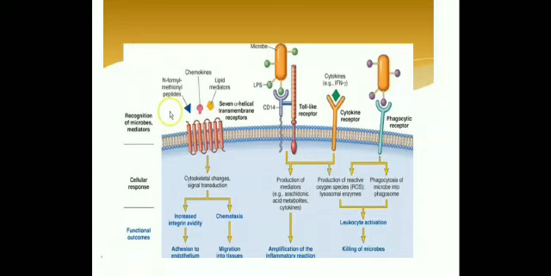So this is a diagram that shows you the recognition of microbes and mediators. As you can see, the bacterial product N-formyl methionine peptide is there. Chemokines and lipid mediators are there, recognized by seven-alpha helical transmembrane proteins, leading to the cellular response that will lead to the functional outcome, increased integrin avidity and chemotaxis, leading to adhesion to endothelium and migration into tissue. Along with that, you can see toll-like receptors and cytokines, interferon gamma. You know, interferon gamma is a potent activator of macrophages. So what happens when toll-like receptors and cytokine receptors are engaged? They lead to the production of mediators, for example arachidonic acid metabolites and cytokines, and reactive oxygen species are produced, leading to amplification of the inflammatory reaction.